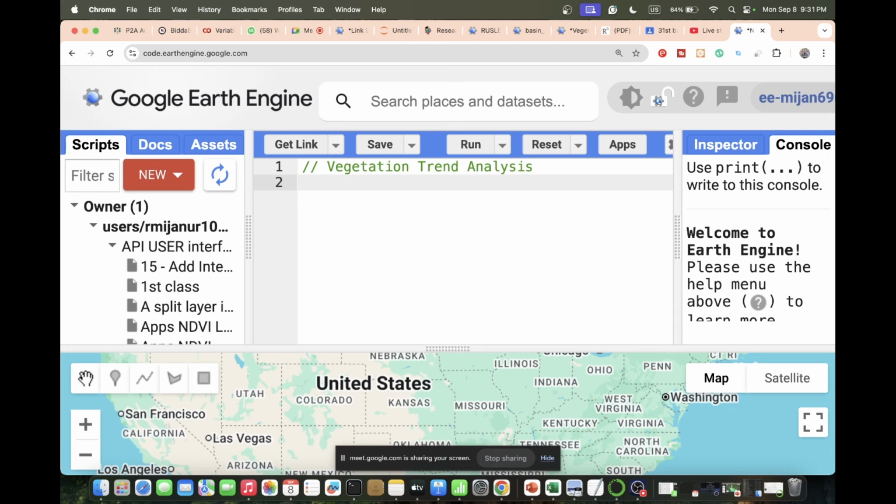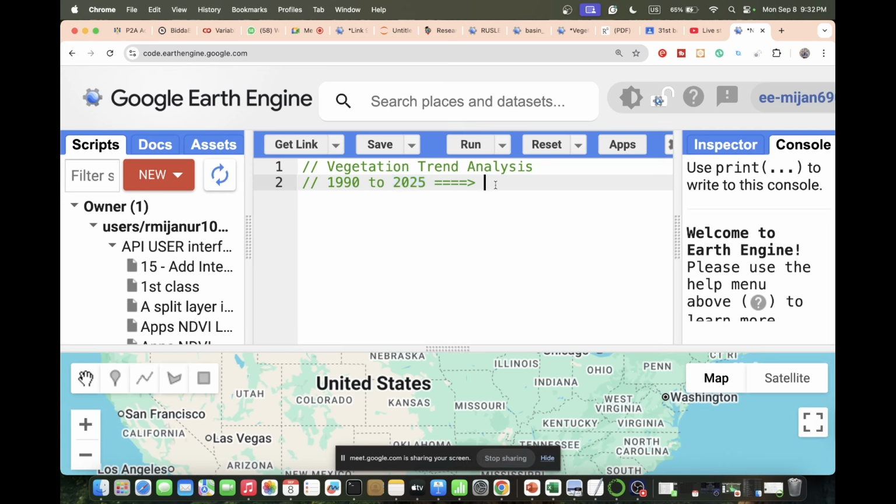Suppose how much time you want to use for the vegetation trend analysis. Suppose I want 1982 to 2025, or 1990 to 2025. Okay, so I want to use this dataset from 1990 to 2025 and make the vegetation